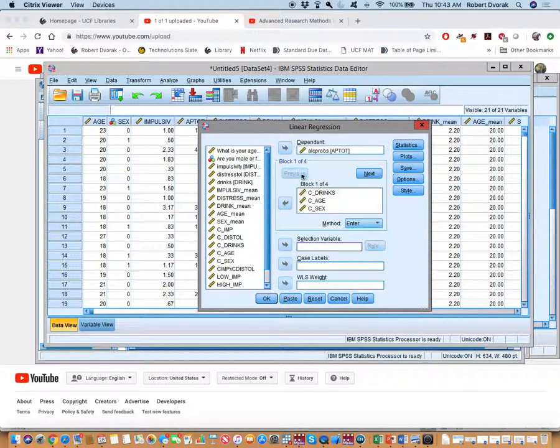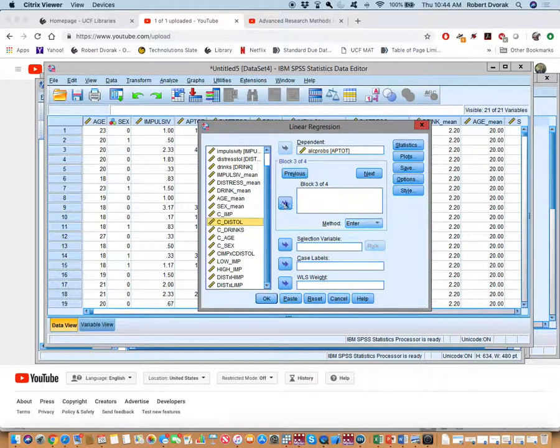So block 1 should be drinks, age, sex, all centered. Block 2, let's add centered distress tolerance, and let's add, should we look at low impulsivity first or high impulsivity first? Low. Thank you, David. We will just throw low impulsivity in there. It's not centered anymore, right? Because what we're saying is we're going to set impulsivity for every single person to be 1 standard deviation below where it actually should be.